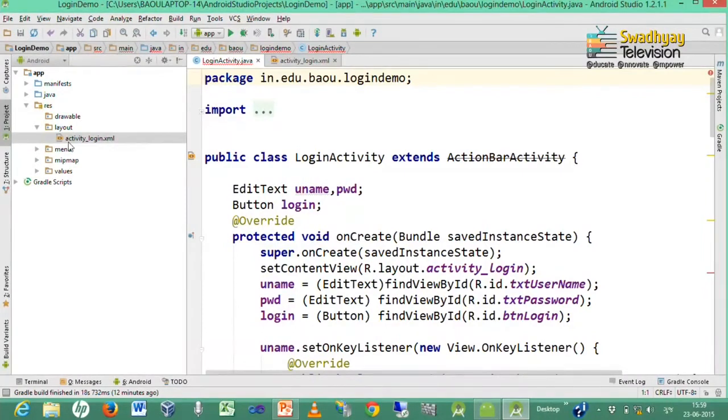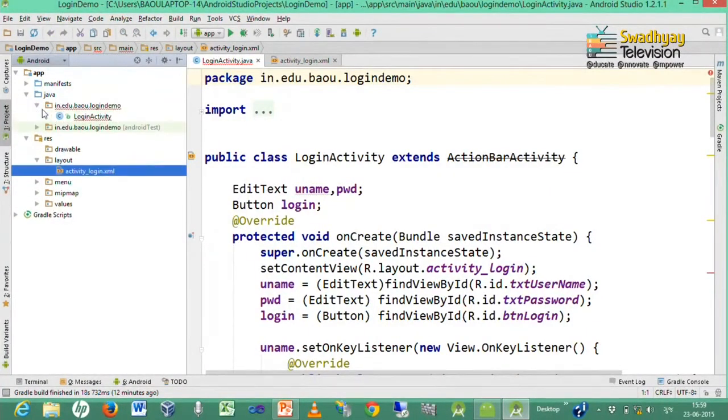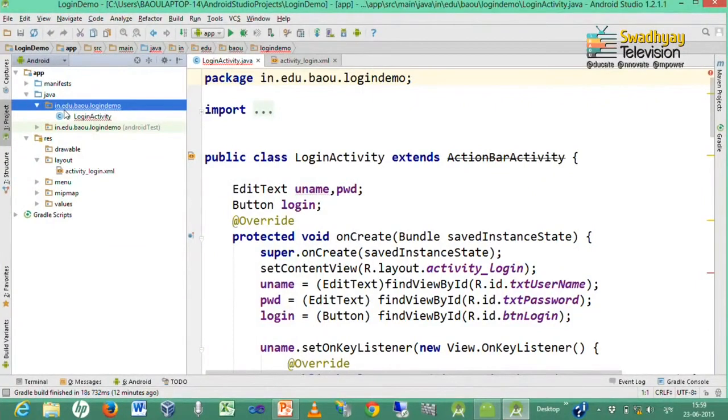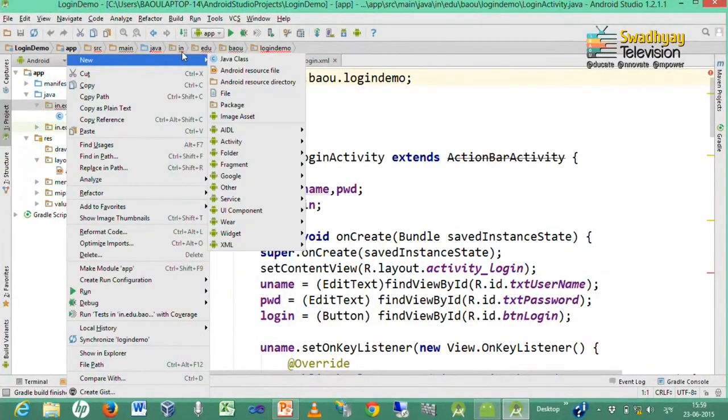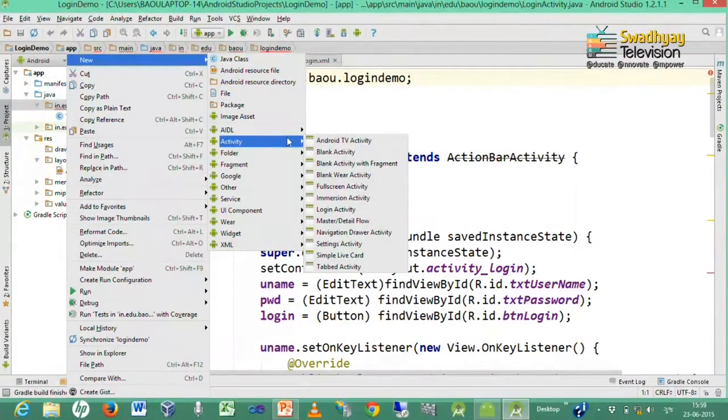In the Java folder, inside this package you have to right click and then click New, Activity, and here we select Blank Activity, which is WelcomeActivity for us. So, we click this.